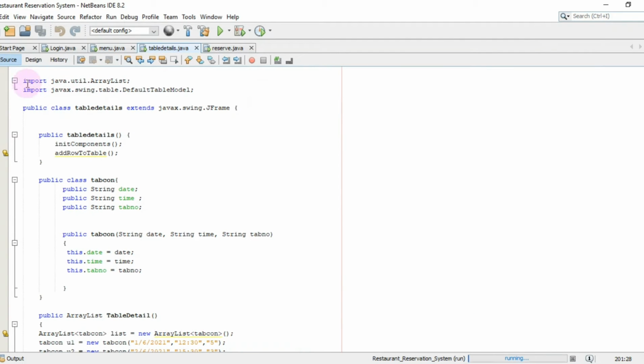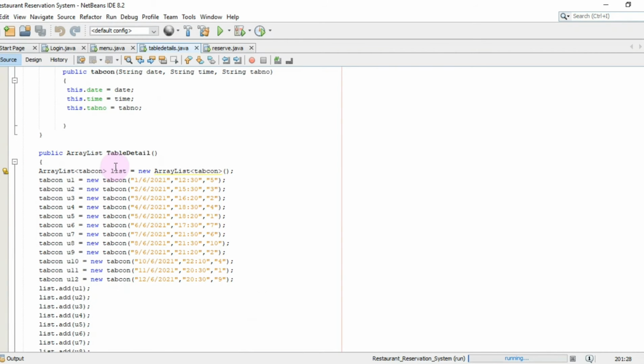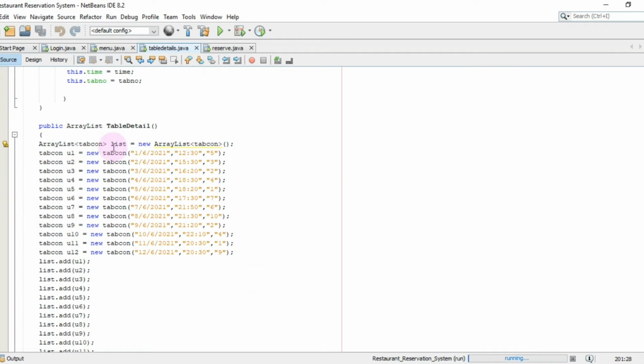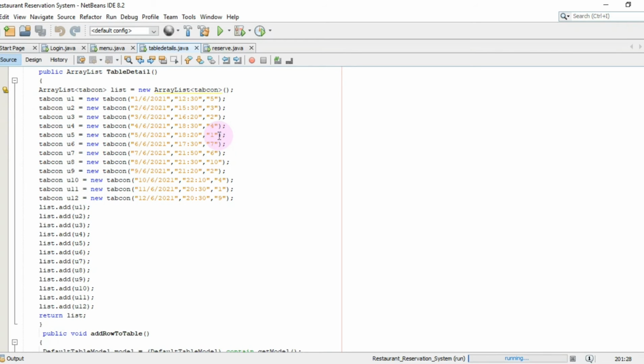This is the table details coding. I import two packages. Public class, the class inherits the JFrame class. Here is the method, the variables of the method, and here is the array list. I declare the variables that hold the array of strings. Here is the array list that contains the table elements.